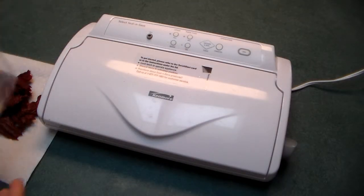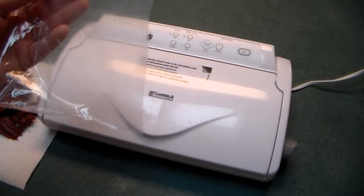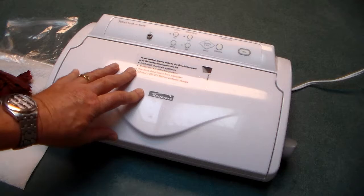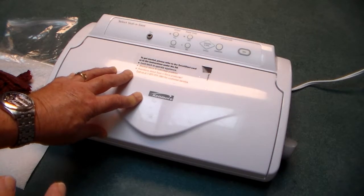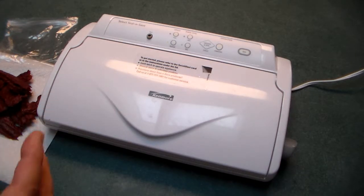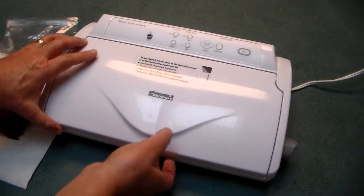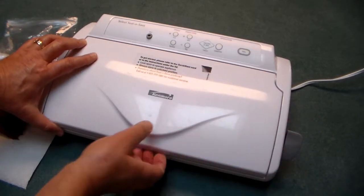Okay, for this last batch or the last tray, instead of putting them in a Ziploc bag, I'm going to vacuum seal them just to show you what I would do in preparation for a hurricane. Before the hurricane arrives, I would make some beef jerky and vacuum seal them, not knowing how long I need to store them until the power is restored to my house. So the way you do that is you will unlock this,